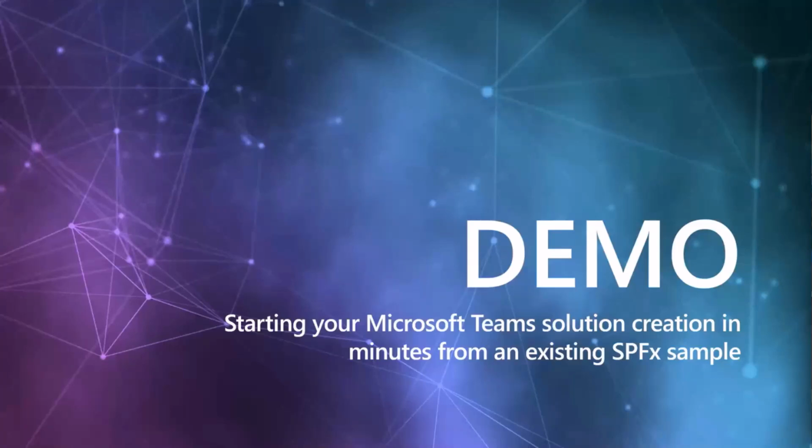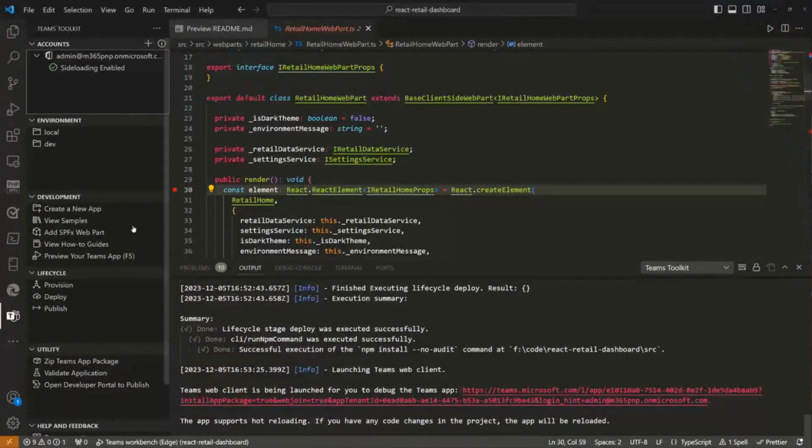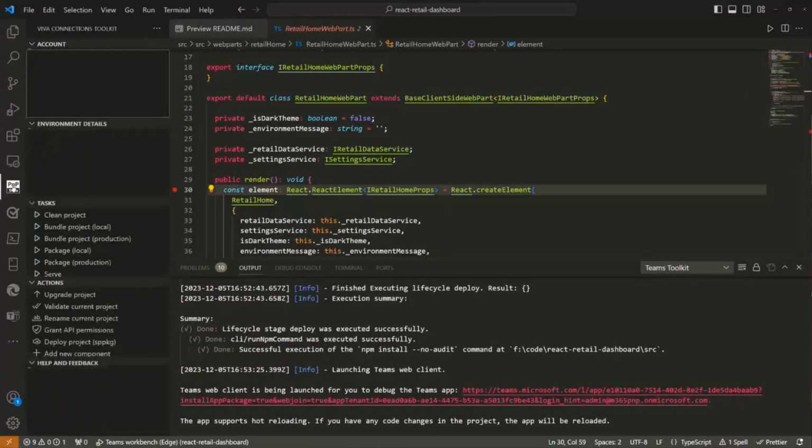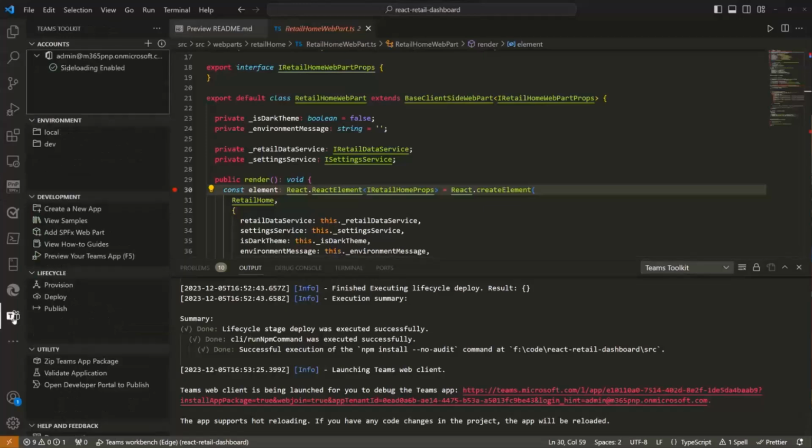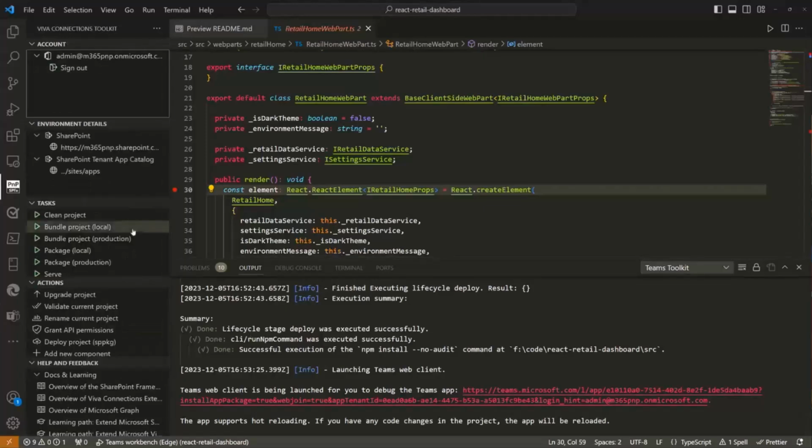Maybe one more thing, because we have plenty of minutes before we close up. Something which is super new this week. So we do have the Viva Connections Toolkit as well. This is a community-powered SPFx extension, which nowadays the latest version actually works together with the Teams Toolkit. So you can actually use side by side the Teams Toolkit and the SPFx Toolkit or the Viva Connections Toolkit